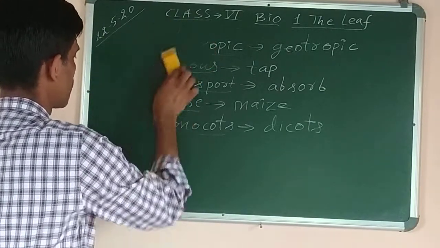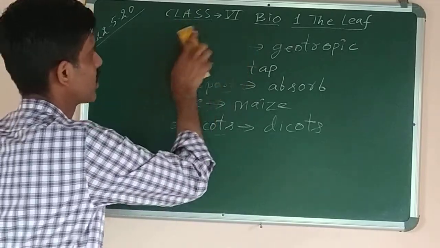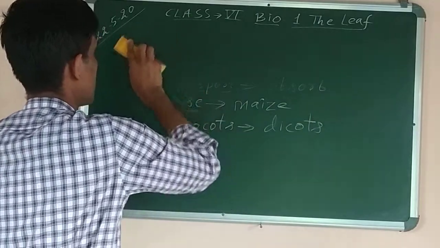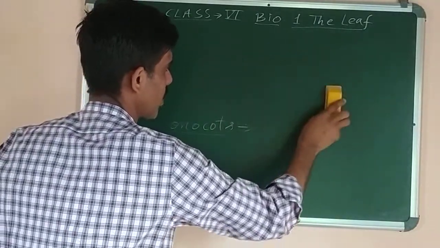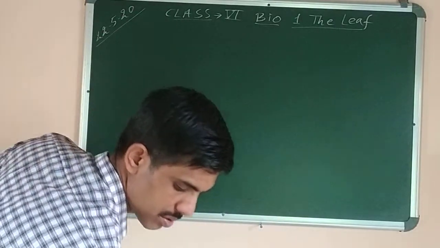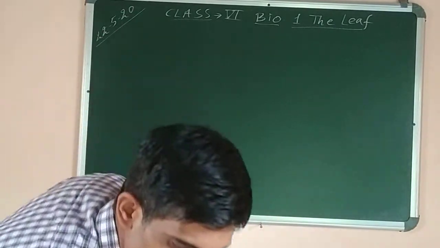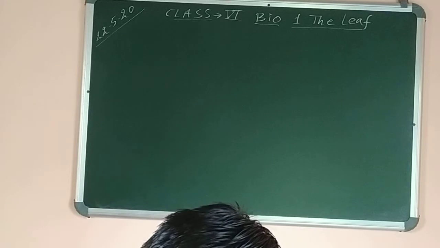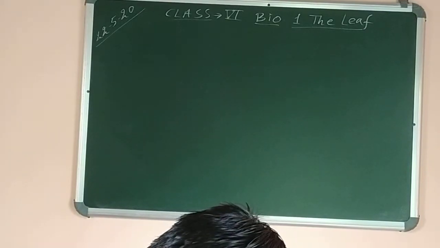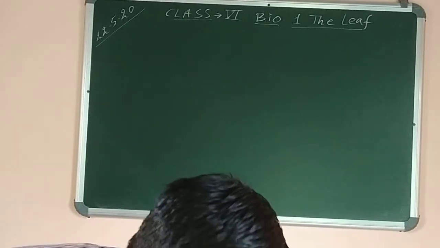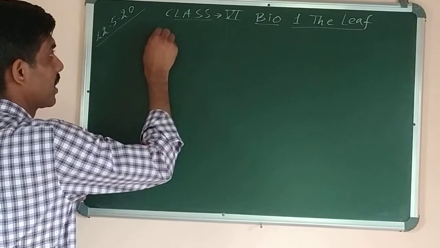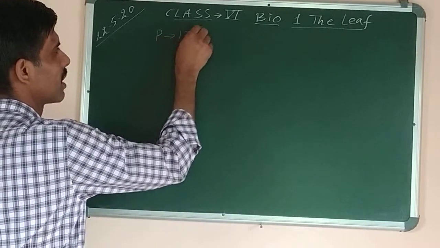One more in-text question was there. After that we will move on to the exercise, like whatever fill in the blanks and all is given, that answer will be also provided here. Okay, now the next question was on page number 17. In-text question only, page number 17. The question is to choose the correct options to fill in the blanks. So I just mark the page number, page 17.